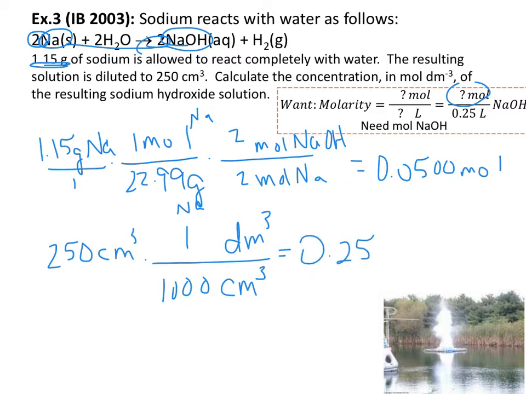0.25. Let me point out the sig figs here though. This is a hanging 0, so those are only 2 sig figs. So now we're down to 0.25